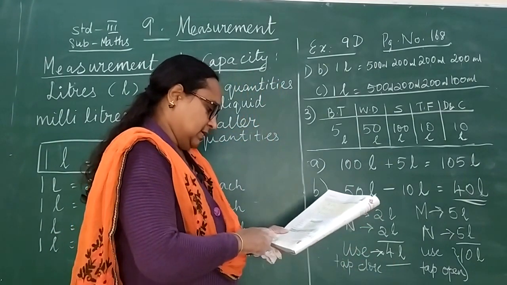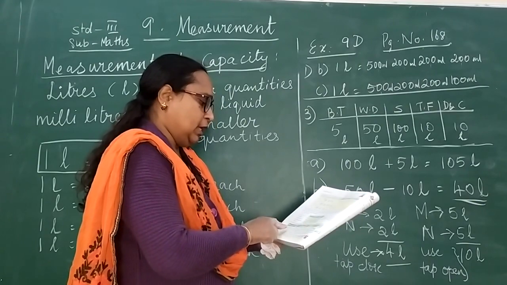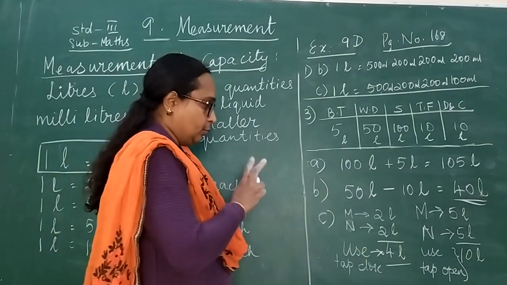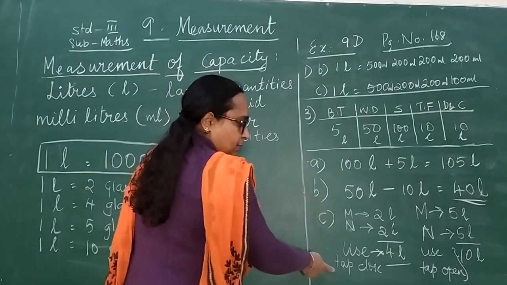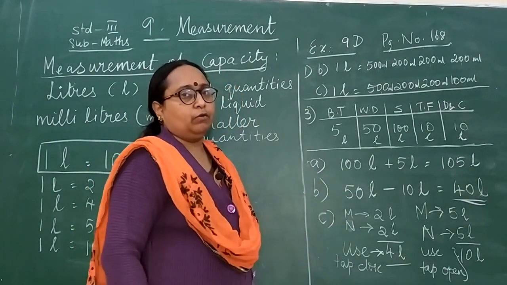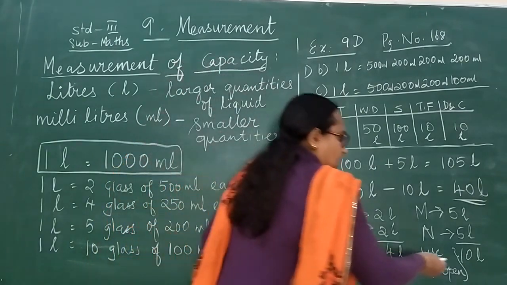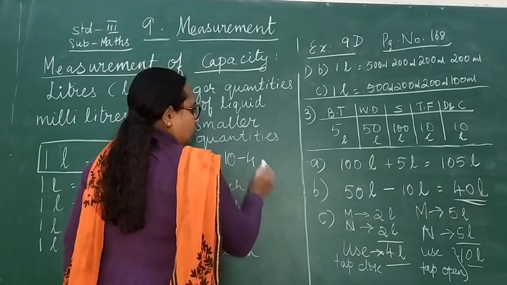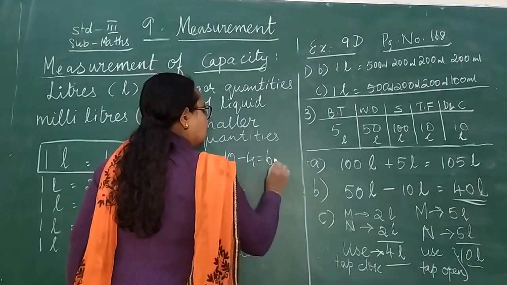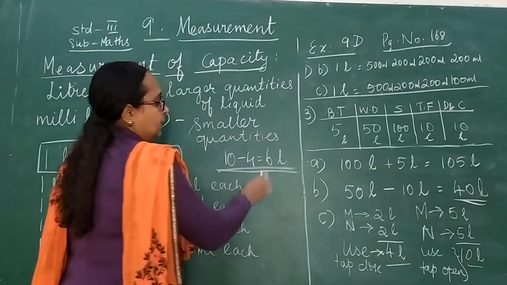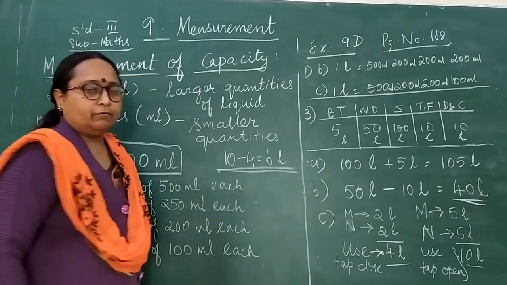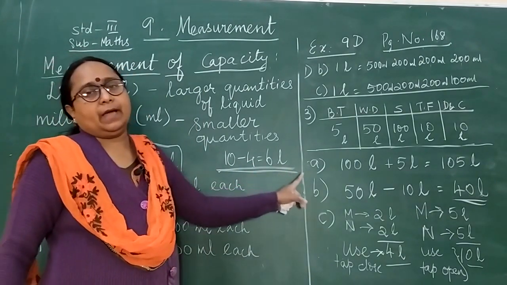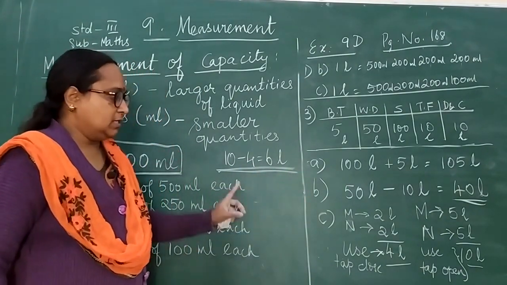Now the question is how much water will you save if you brush twice by keeping the tap closed? So when you brush twice and keep the tap closed, then how many liters of water are you saving? It is easy, you just minus: 10 minus 4 is equal to 6 liter. So you will be saving 6 liter of water while brushing twice a day with the tap closed. Okay, have you all understood this?